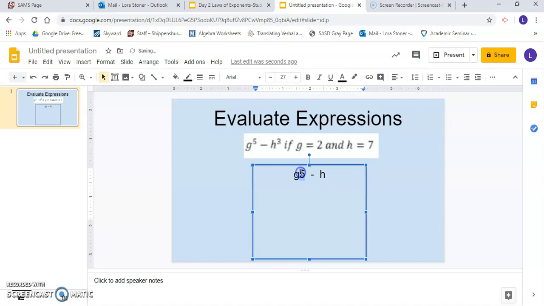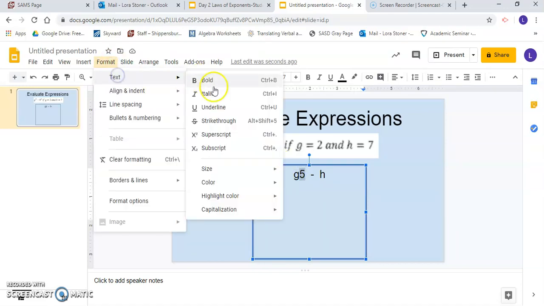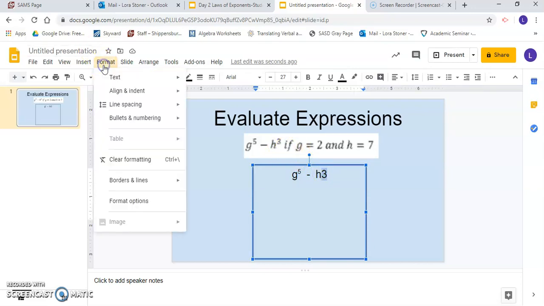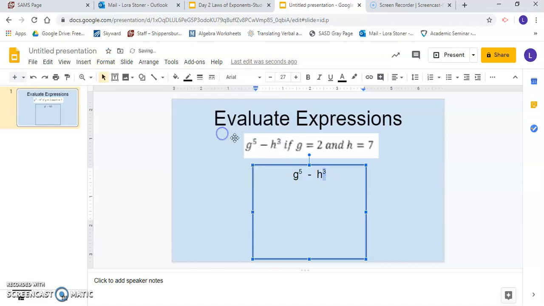I'm going to superscript this. So I highlight the 5. I go to Format, Text, Superscript. That gives me the power of 5. I'm going to go beside the H. I'm going to give it a 3 because that's the power that the H should have. Highlight the 3. Go to Format, Text, Superscript. All right, so now I have,